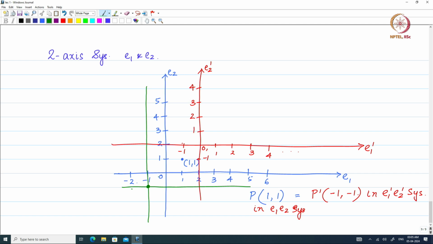Minus 1 comma minus 1 of my blue coordinate system is going to correspond to the origin here. So, this is going to be 0 comma 0, and